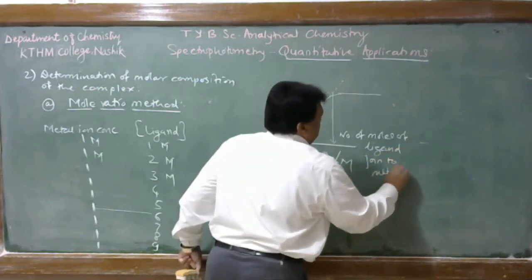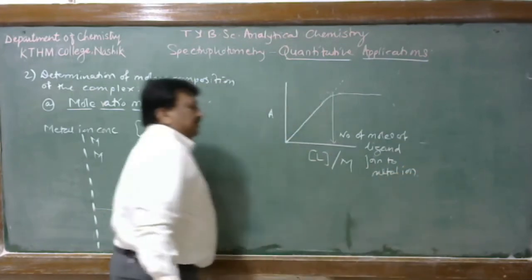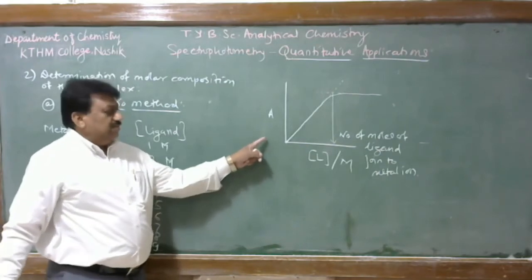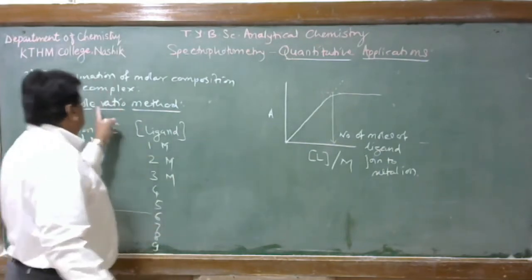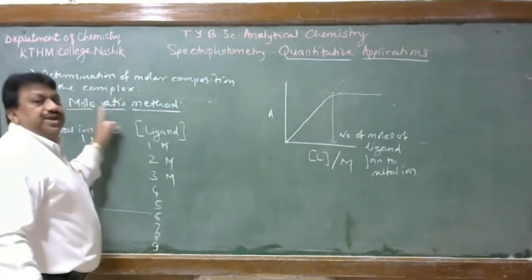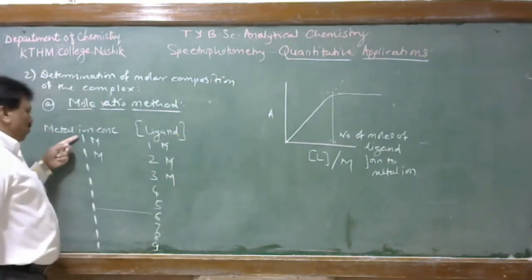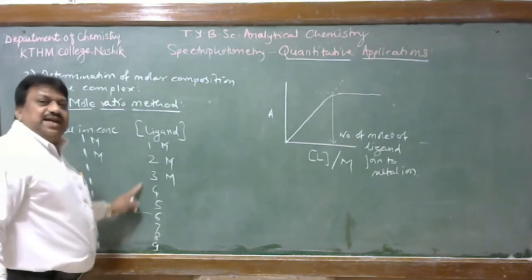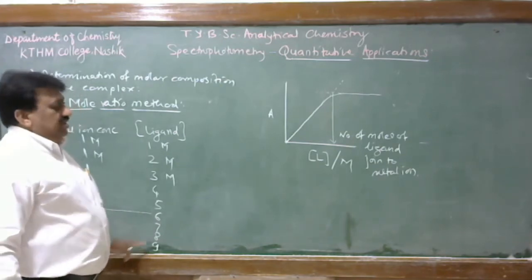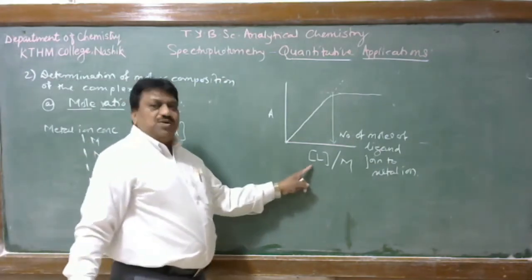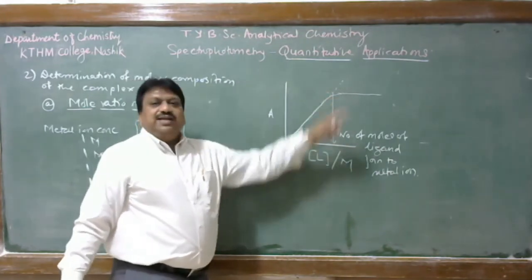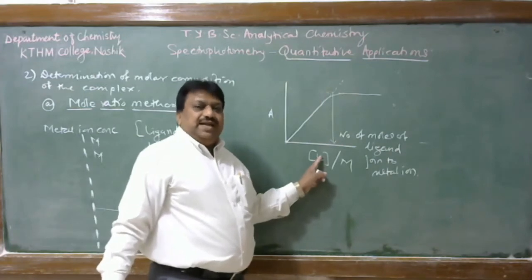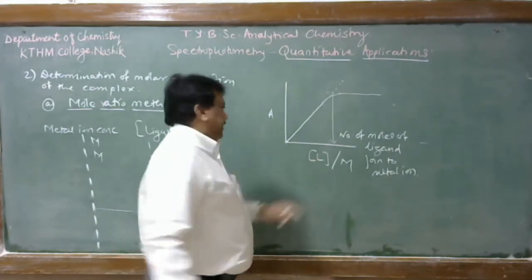ion. And in this way, we can determine the molar composition of the complex by the method that is called the molar or mole ratio method. Here the moles of a particular metal ion are kept constant and the moles of ligand are continuously changed. Then a graph of absorbance as a function of ligand shows two straight lines intersecting at a point that indicates the concentration of ligand combined with the metal ion.